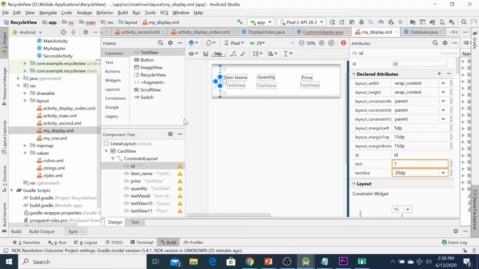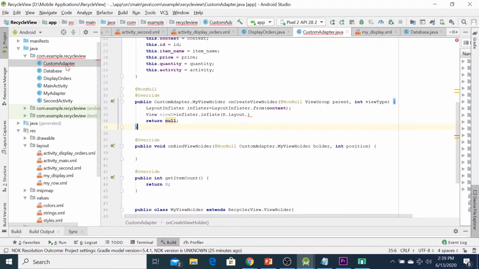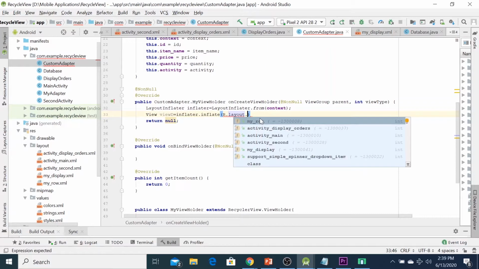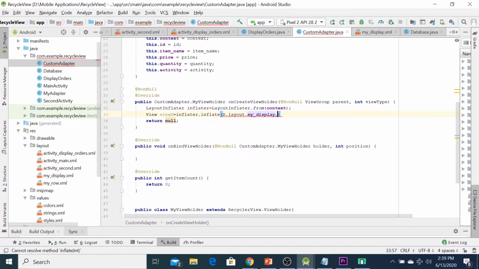Okay, after we create the XML layout, we can go back to the custom adapter. In the inflater here, we can type R.layout.mydisplay like this.